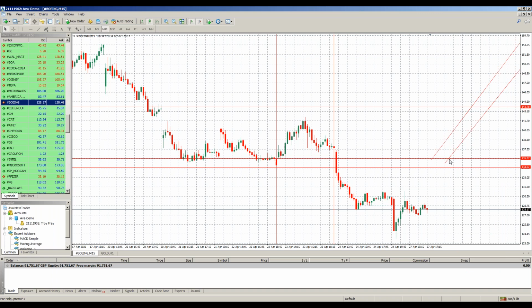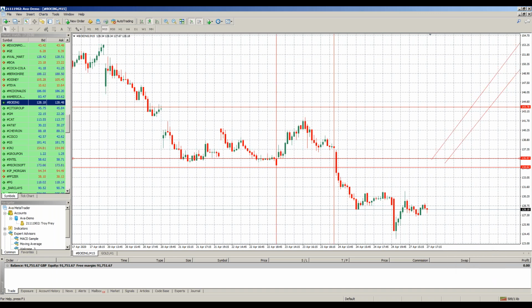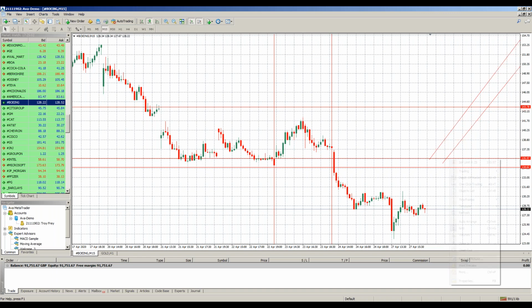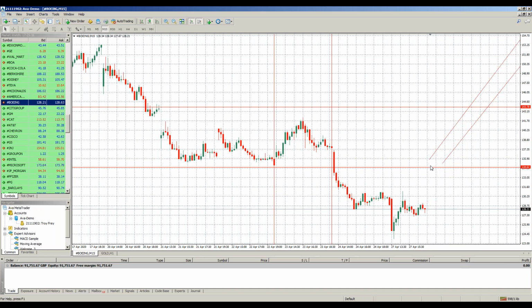Maybe you say, I would rather, and let me get rid of this line. Sometimes it's hard to activate these lines. There it is, delete. Okay, maybe I get rid of that line as my entry point, and I say I would rather enter if it goes above this gap from last week. Then I think there must have been really significant news for Boeing. And so it has to go through not just one resistance level,